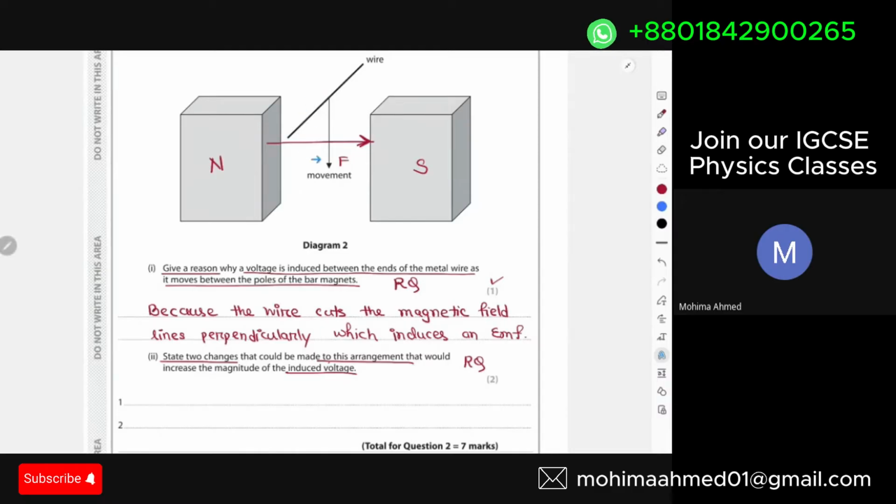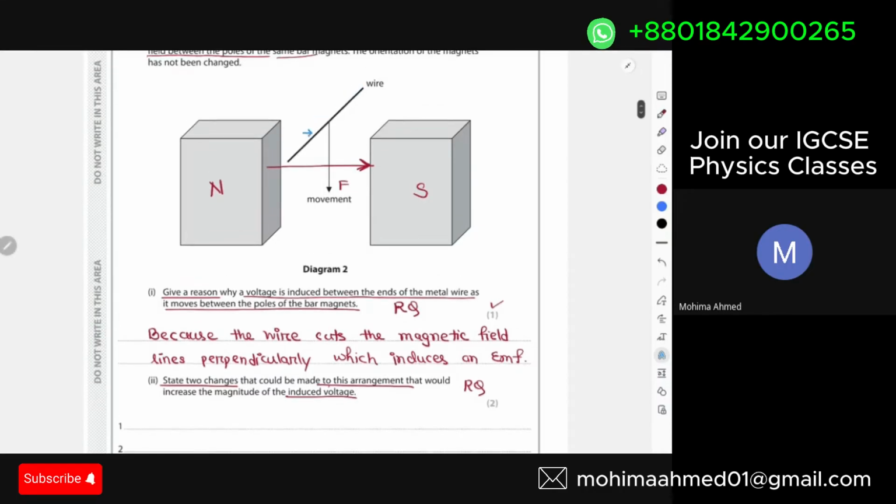I could move my wire faster with a higher velocity. If I move my wire faster, in that case again more field lines are getting cut per unit time, and obviously that will increase the induced voltage. And lastly, we can move the magnets closer to each other, right? If the magnets are closer to each other, they will produce larger forces on each other. For larger forces, field lines will also increase in that case. And lastly,